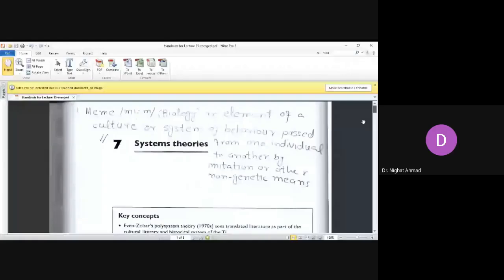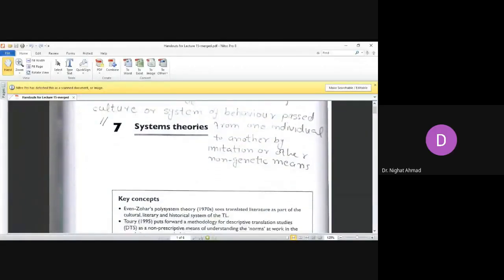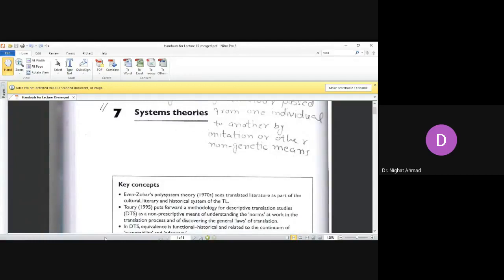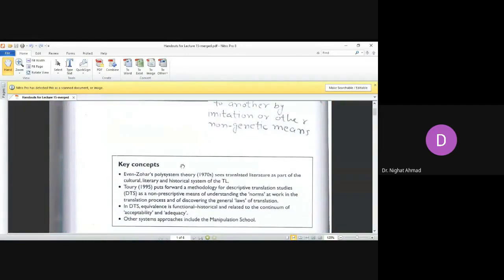So we start with today's lecture notes. Okay. So this is in fact page number 108, chapter 7 from your book. Okay. So the system theories, as you know, the translation theory is evolving and changing according to the